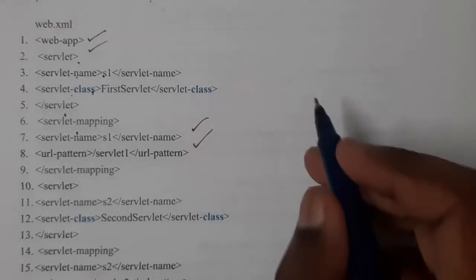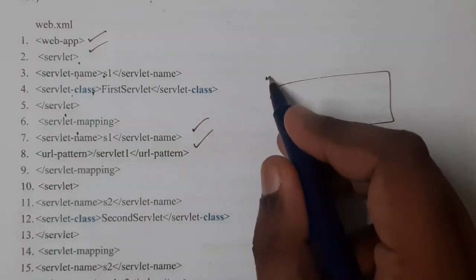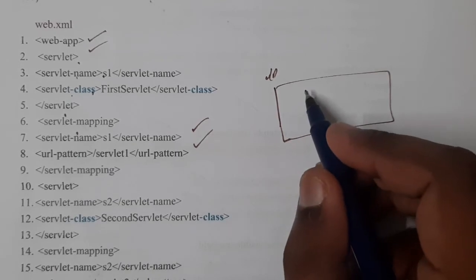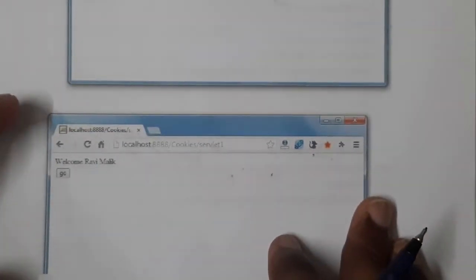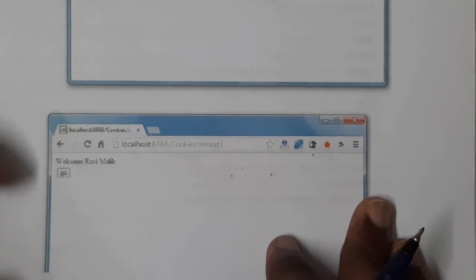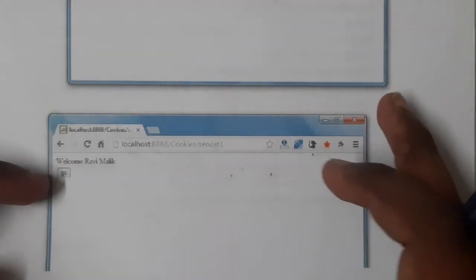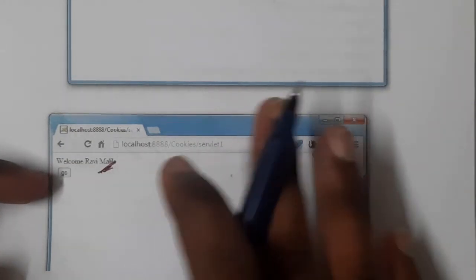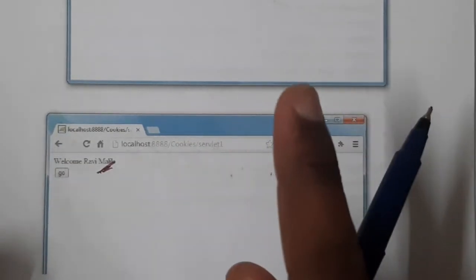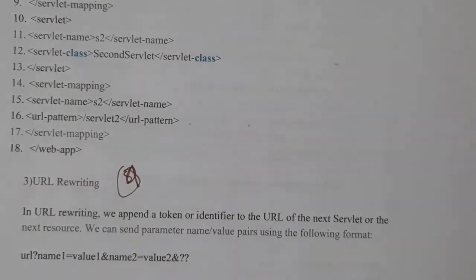If you want the output for this, it will be in this way. The first output will be asking for your name, the same story. You can just draw the previous output only. I'll be just showing it for your reference. This will be the same output. It will be asking for name and a go button. Once you enter your name and click go, it will say welcome and your name. Even if you open this website, close it and open it again, you will automatically get the name. You are not required to ask multiple times. It will be asking only once, as it is storing it.